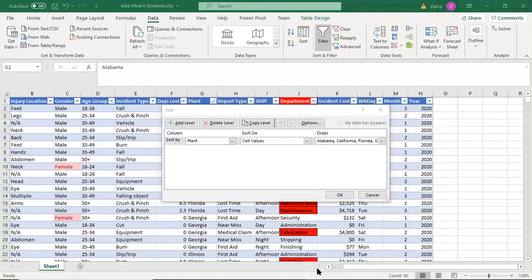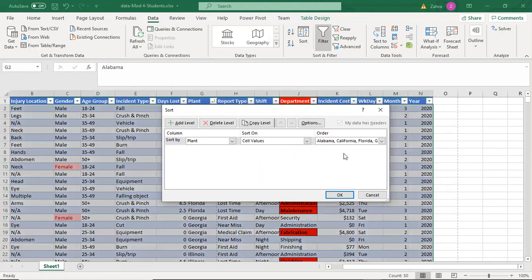Let's say that this is my list. I want to sort my plants based on this list, which is Alabama, Florida, Georgia, California, Illinois, Montana, Iowa, Ohio, and Texas. The difference between my list and the A to Z list is that it isn't alphabetical, but for some reason I want to see my data in that order, right? So I have a new list, but I can't use this A to Z list. So I go